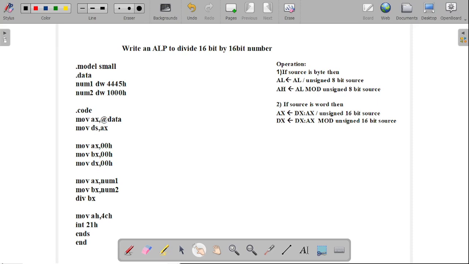In this video, we will learn how to write an assembly language program to divide a 16-bit number by a 16-bit number. In the previous video, we have already learned how to write a program to divide an 8-bit by an 8-bit number and a 16-bit by an 8-bit number. So in this video, we will learn how we can divide a 16-bit number by a 16-bit number. So here in this program, we have to take these two numbers as number 1 and number 2 as